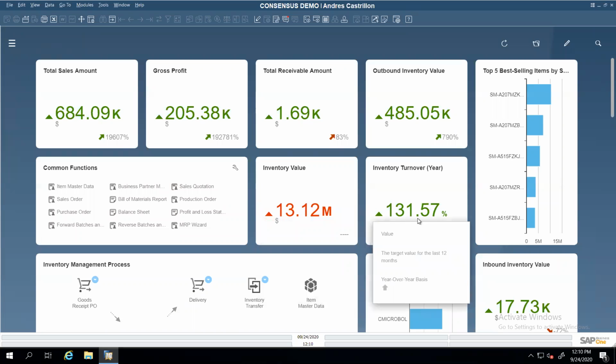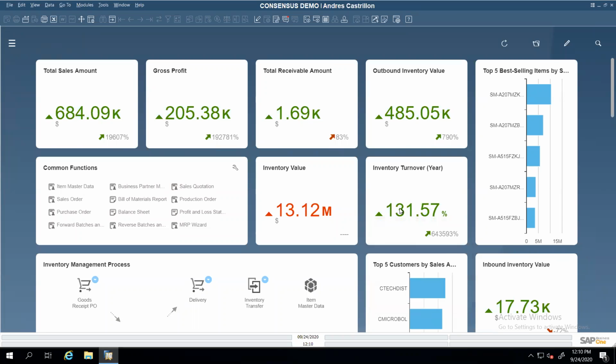Another metric, remember the graphic that I showed that shows you how many times the inventory is turning? This is a very good way of monitoring that. The more I rotate inventory, the better. If I can get the same revenue with less inventory, this is going to increase, right? So let's set up some aggressive metrics.